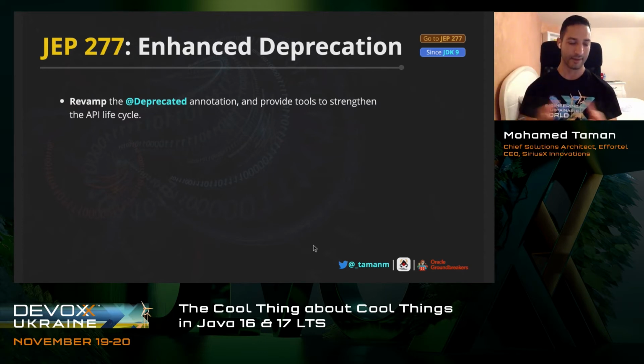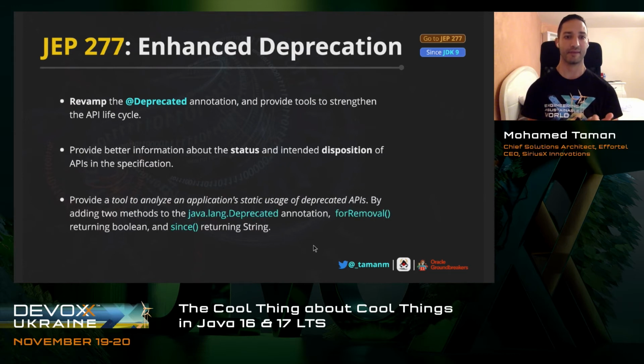Since Java 9, and specifically 11, the first LTS, we have really started to remove stuff. This is why we are taking care of this, and to leverage it for the tools and static analysis tools, we have introduced two more fields, forRemoval and since, in the Deprecated